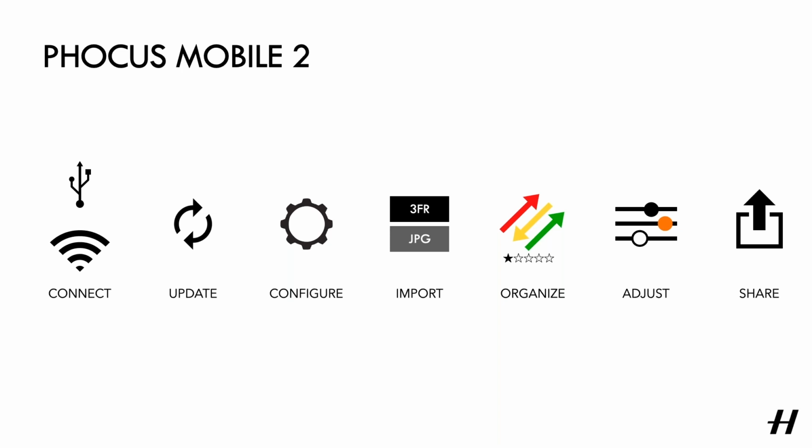And holistically, Phocus Mobile 2 is really in that line of the idea of really stunning medium format image quality and a more portable form factor. And so when we set out to develop the program, it was the idea of, okay, we've transformed portability in photography, but how can we also carry this over to the post-processing and image sharing aspect?